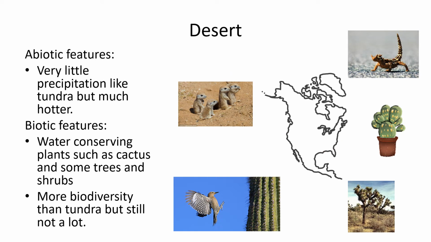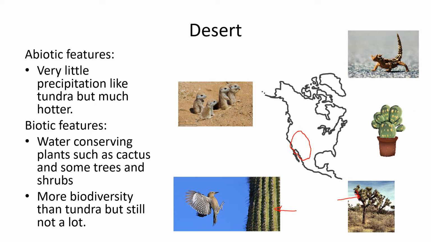Deserts, the western part of the U.S. and some down into Mexico here is lots of desert area. And of course, deserts are more dry, and the temperature is hotter, at least during the day and during the summer months. And then so you have organisms that have to be able to survive a fairly limited amount of water. And so that means you're going to have a limited amount of producers, so things like cacti.